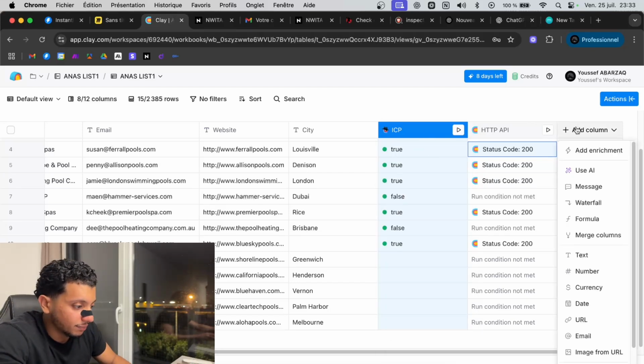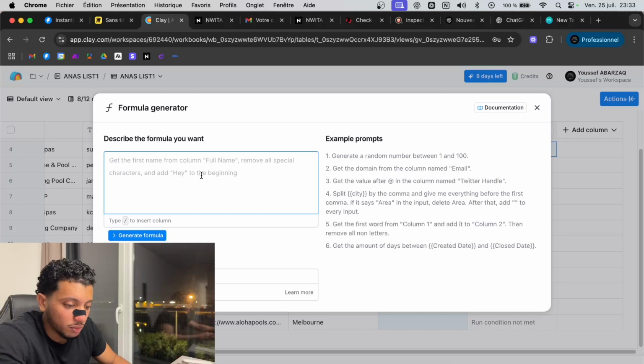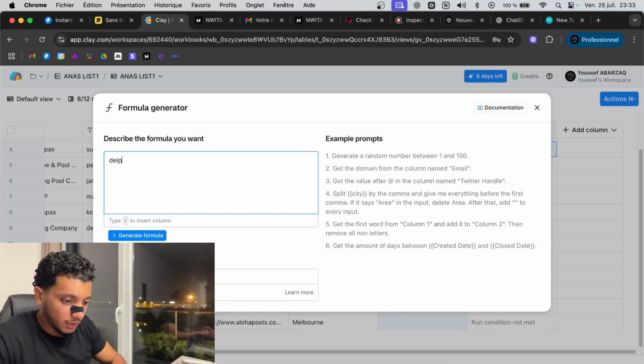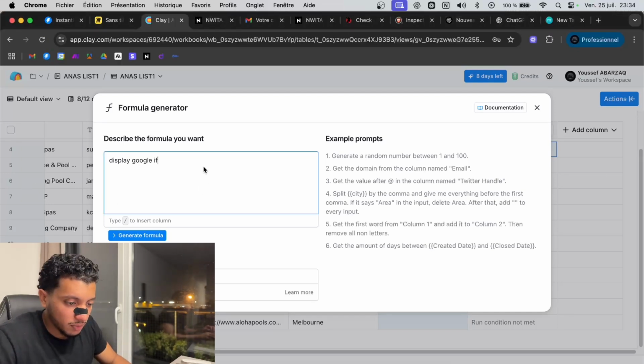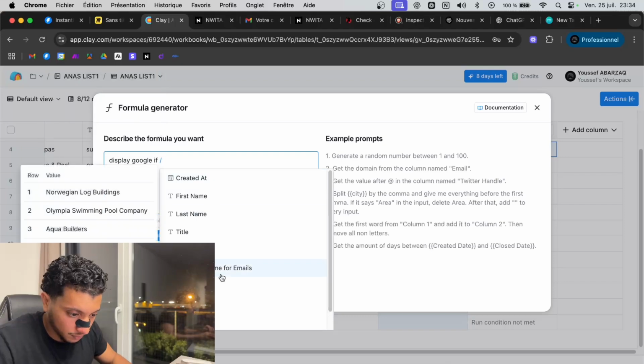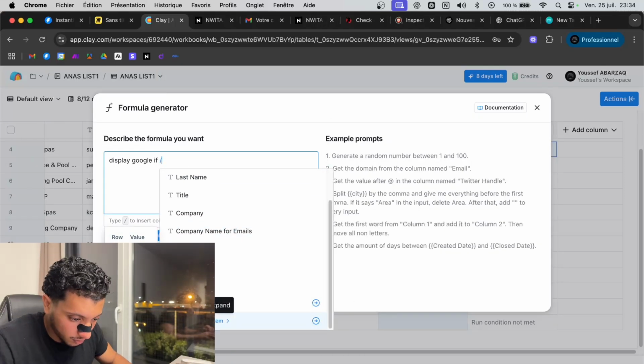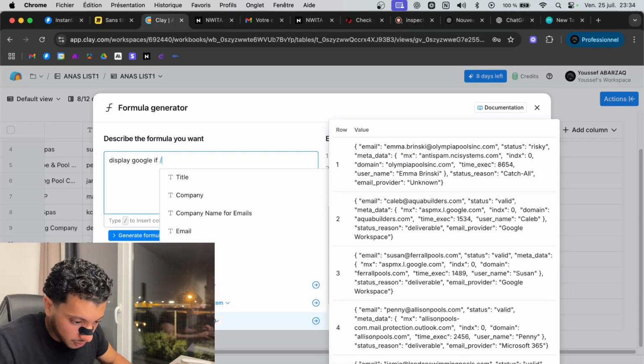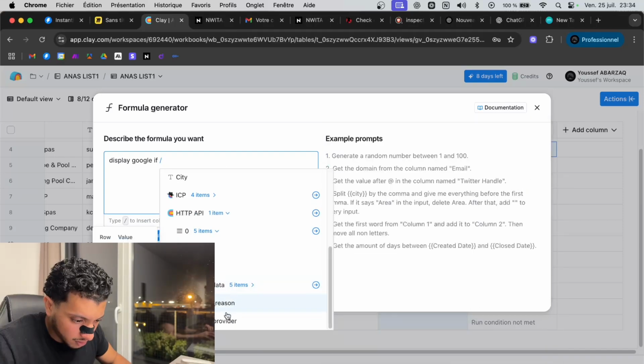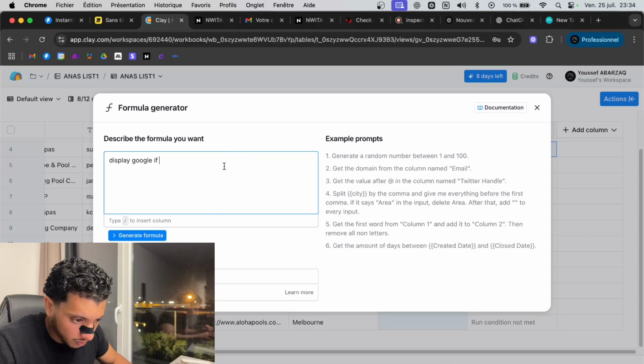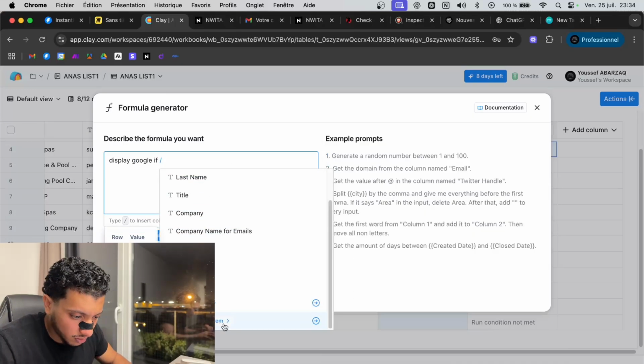So here I will just add in a formula and I'll do display Google if, so display Google if, here I have items, so if the MX email provider, I'm not sure if it's the email provider or something else.